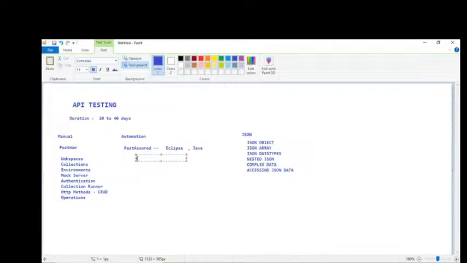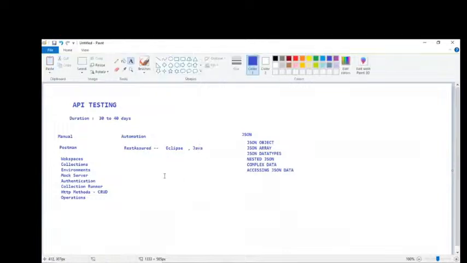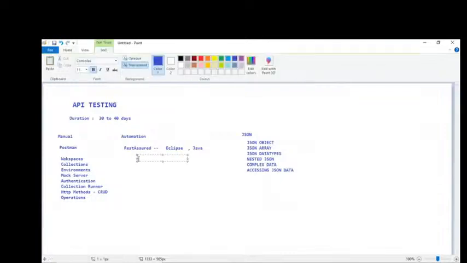Before jumping into Rest Assured, I hope you all have basic knowledge of Java. Because before jumping into the automation part, we will be making use of a Rest Assured library, and we are using the Eclipse IDE, and we are taking Java language help to write the scripts. So first what we will be doing,